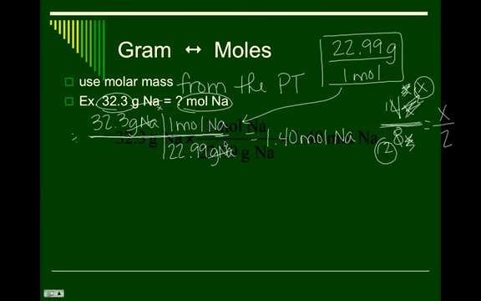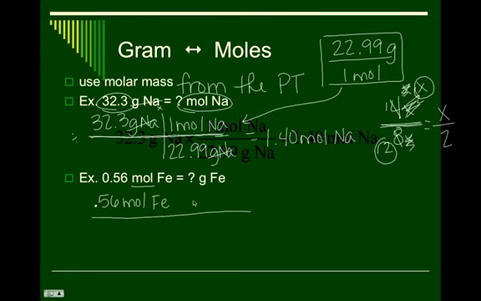So let's do one more example, shall we? If you have 0.56 moles of iron, how many grams of iron do you have? Well, now we're starting in moles. So I'm going to write that out, 0.56 moles of iron. Draw my horizontal line. And I know if I'm dealing with moles and grams that I'm dealing with the molar mass, so I'm going to look at my periodic table, and iron has a mass of